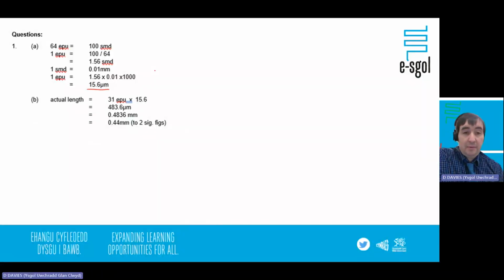So we worked out on the second part of the question, there was 31 eyepiece units, so that multiplied by this gives us 483.6 microns. Remember, they wanted it in millimeters, so you need to divide by 1,000 in order to get that. And then to 2 significant figures,